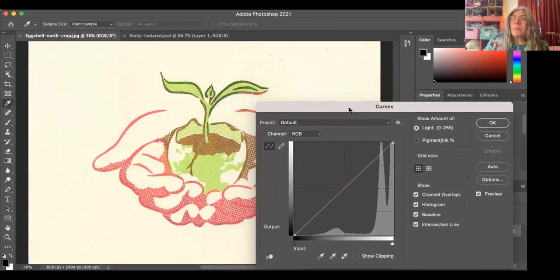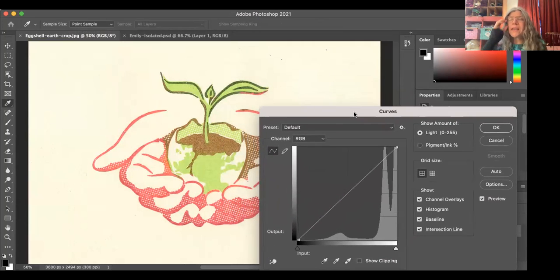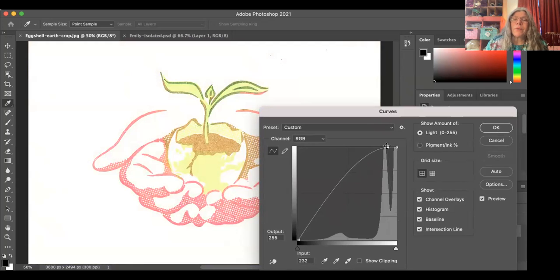Curves is the most powerful image adjustment tool, but it takes a little bit of practice to use it. What you want to do is you can see that on the bottom, the slider goes from black to white. So this side here is the whites, and you just want to blow those out like this. So I'm just blowing out the whites by pulling this up. But I also want these colors to be darker than that. So I'm just going to pull this back down